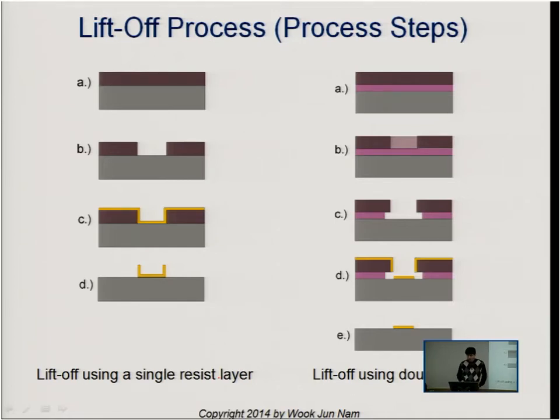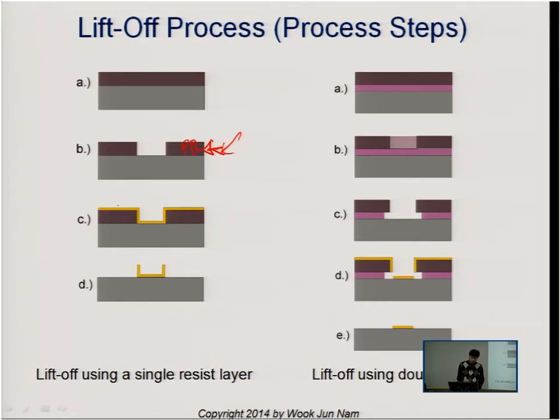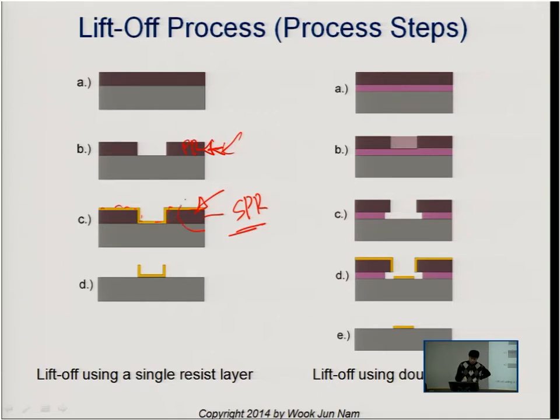If we don't have an undercut after lithography, the lift-off process is we first define patterns using the photoresist and then do the metal deposition. If we don't have an undercut, using just a single photoresist, the layers deposited on the photoresist are all connected. So when we want to remove all this area during the following removal processing, since all these layers are connected to each other,